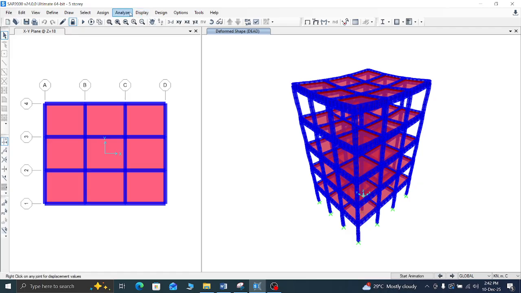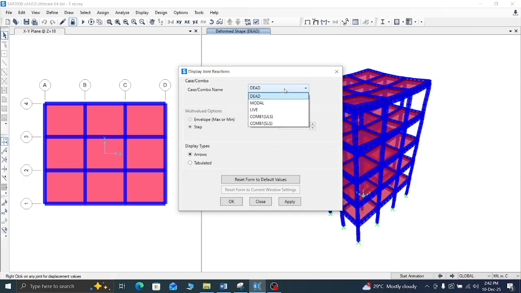So then after this, if you want bending moment, I mean joint reactions, you can go there and